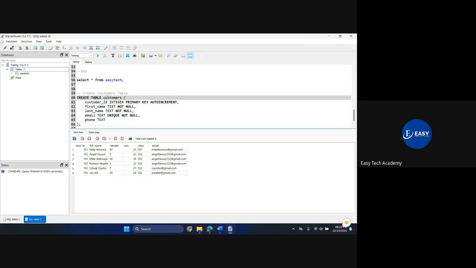So now, I have it as customers, right? Good. So I have customer ID, of course, ID, good. And then I call it integer. Now I've taught you data types. If you cannot remember, please raise your hand. I'm assuming now that you can remember, but if you cannot, please raise your hand. I did it in the last class. And then we call it primary key. Now, what is a primary key? Let me explain. A primary key